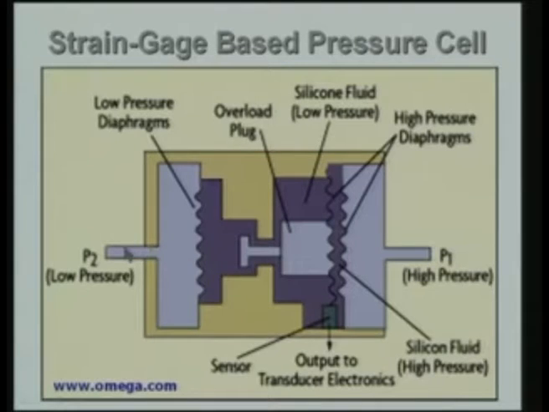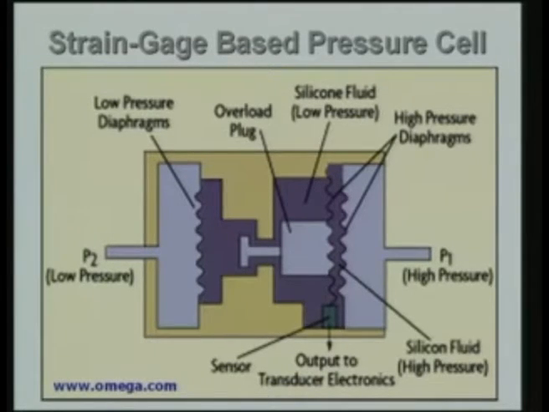And in fact, I can simply have a calibration done by having a known pressure applied here and a known pressure applied here. I can choose the delta P, and I can measure the delta P using a dead weight tester, for example, or some other arrangement, so that I can have a calibration of the output of the transducer with respect to delta P, and that is one way of using the pressure cell.